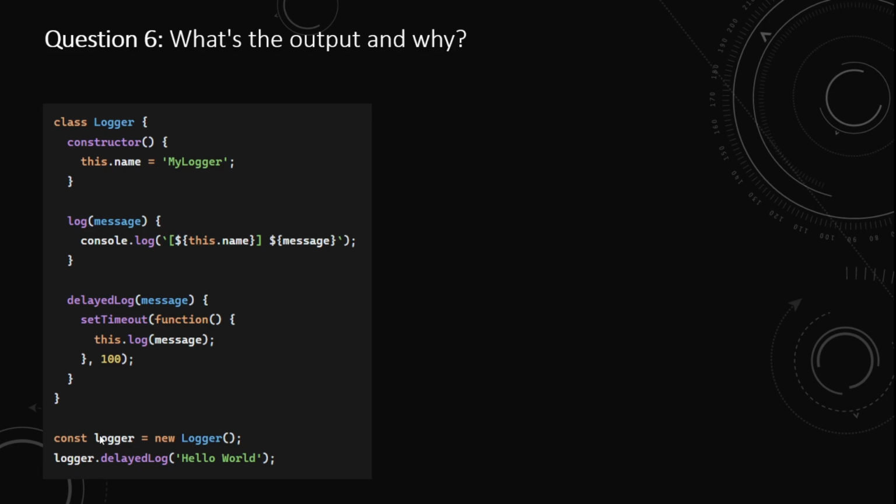Here, the logger is defined as an object of the Logger class, and when the logger.delayedLog method is called, then within the scope of delayedLog, just before the execution of setTimeout, the this will actually point to the logger object. But when the setTimeout registers the log method,